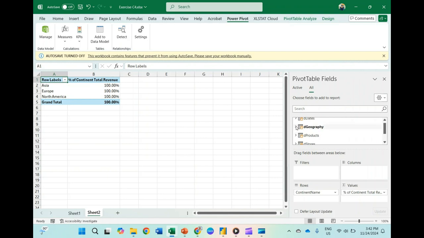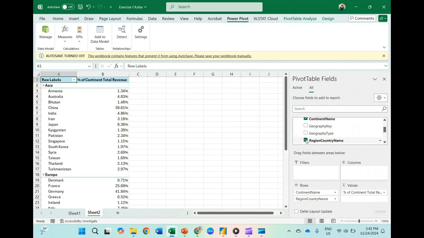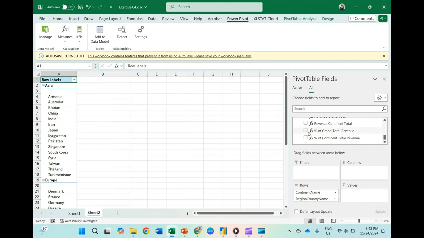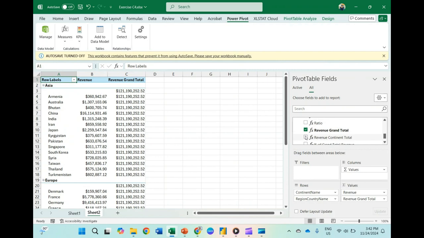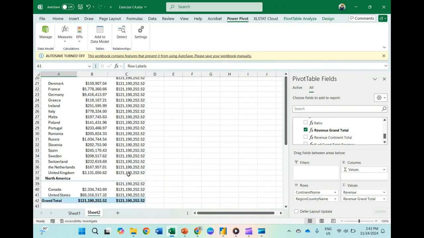I want to add a geography, and then let's say by region as well. So you can see this is continent total revenue, so every continent. I want to put revenue first, total revenue, and then I want to show you the difference. Revenue grand total, so this is grand total.